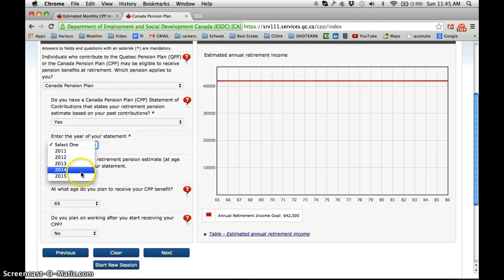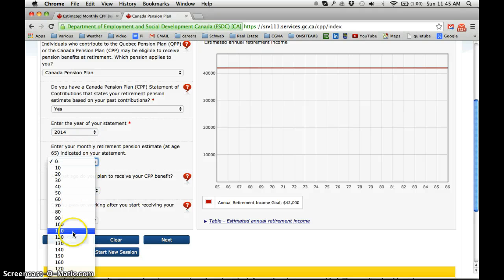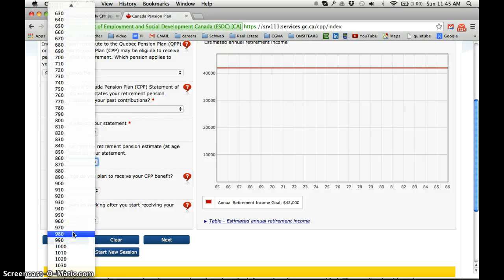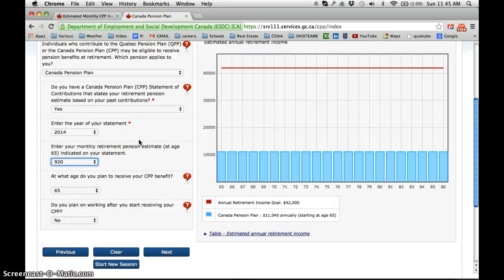The year of your statement, it wants to know the update, whether or not it needs to update your statement. And the estimated amount of income, remember we had a number that we got, and it was around 918. We put in 920. So here on the right hand side you'll see our retirement period, 65 to 86, and